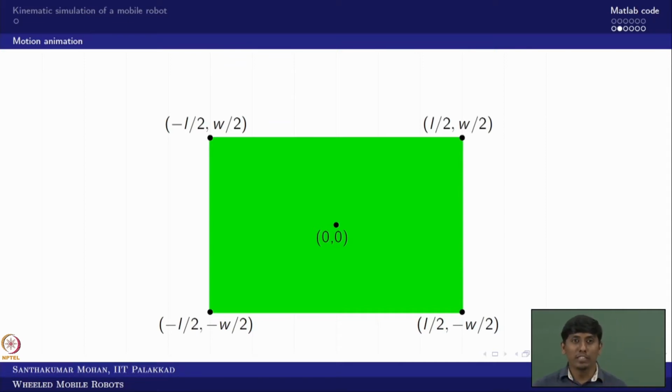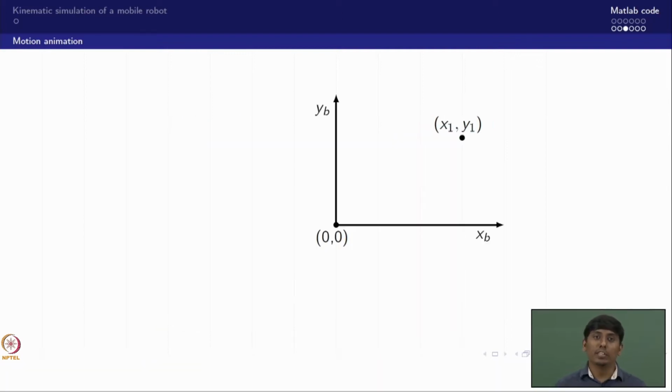Now, if I add x to every x coordinate, the vehicle will move in x. If I add the y value obtained in the previous simulation code to all the y coordinates, that gives the y shift. But one should also know that the vehicle is oriented. So if you take a random point x1 and y1 with the help of 0, 0, now you can see that I can draw a line to this particular point.